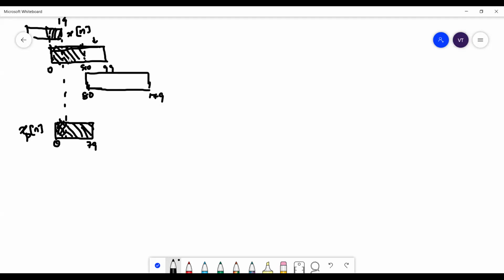Now, in which case will XP of n be the same as X of n? I have illustrated this. Now, when will XP of n be equal to X of n? Anyone? Lakshmi? Under what condition will XP of n be equal to X of n? So here I had considered sigma r equal to minus infinity to plus infinity x of n minus rN. I could have also written x of n plus rN.